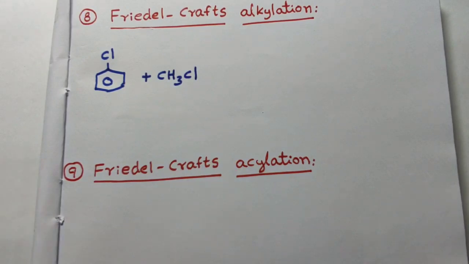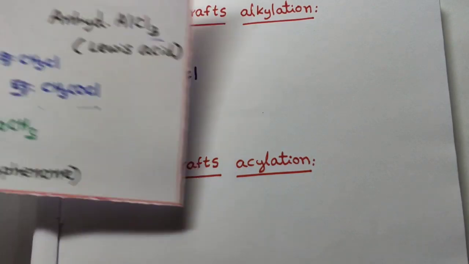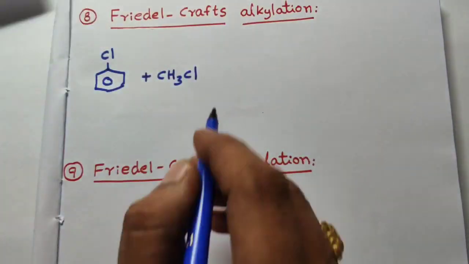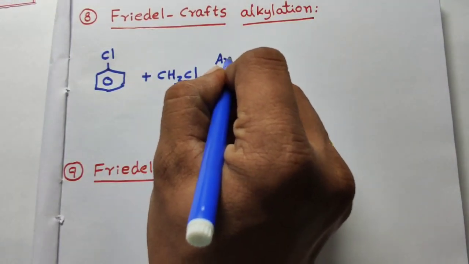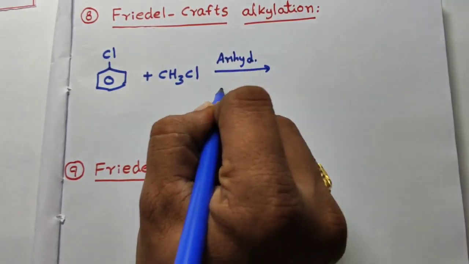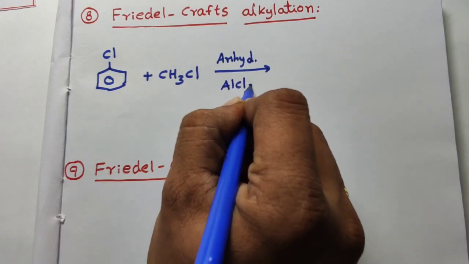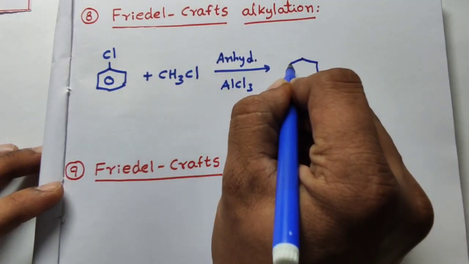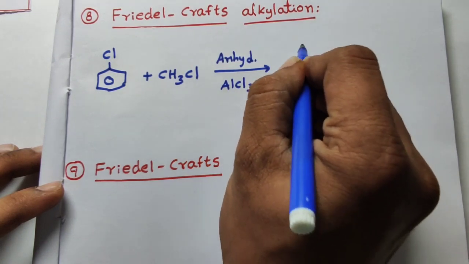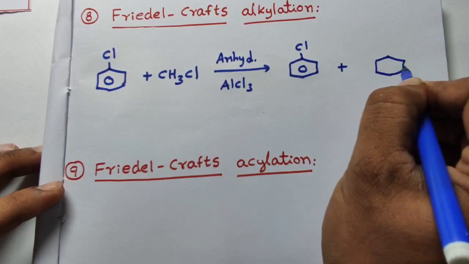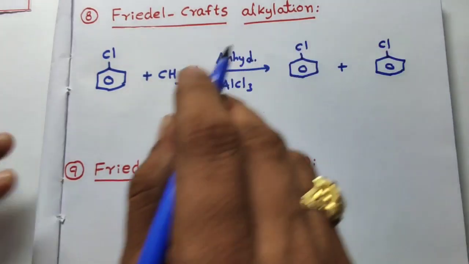What is the catalyst we have to take? Look at this. Anhydrous AlCl3, which is a Lewis acid. So you can take anhydrous AlCl3. Okay, now let us take chlorobenzene plus CH3Cl. Okay, so here